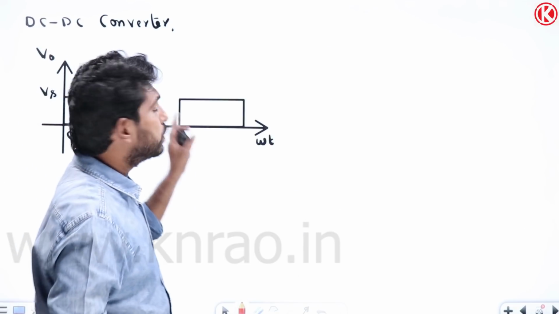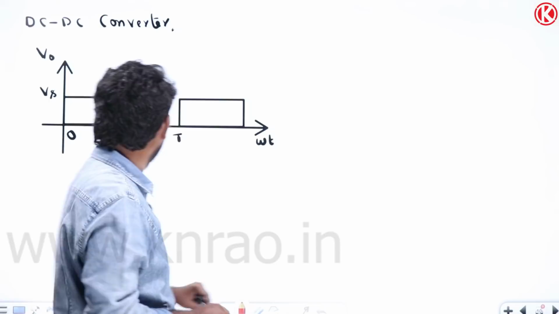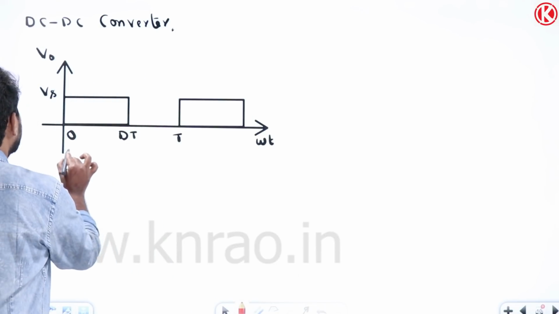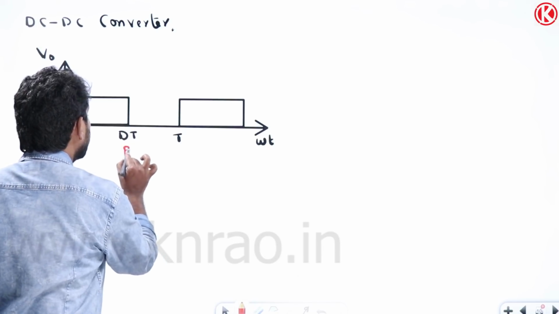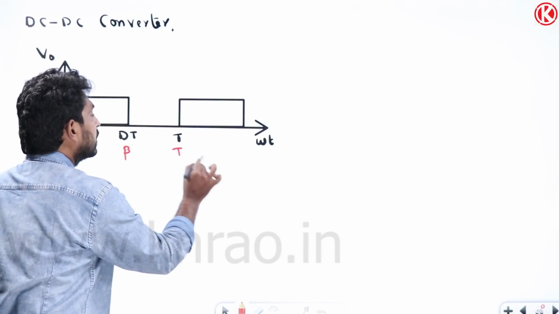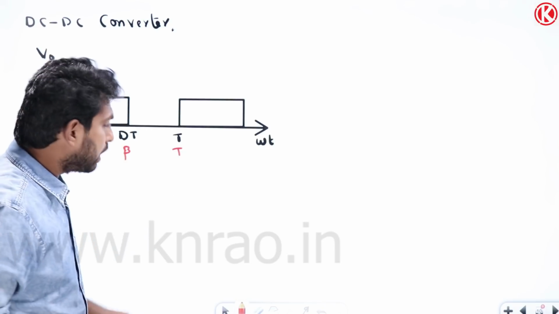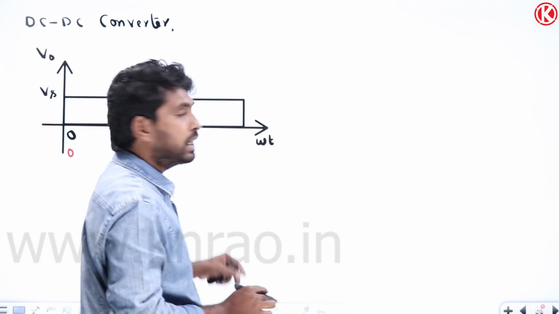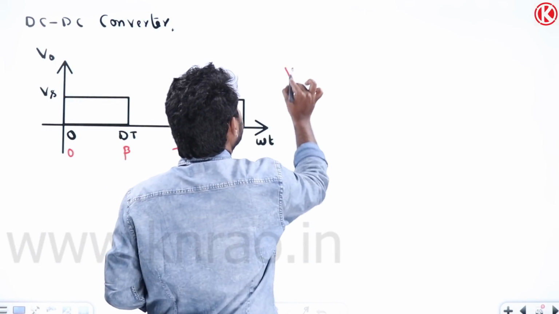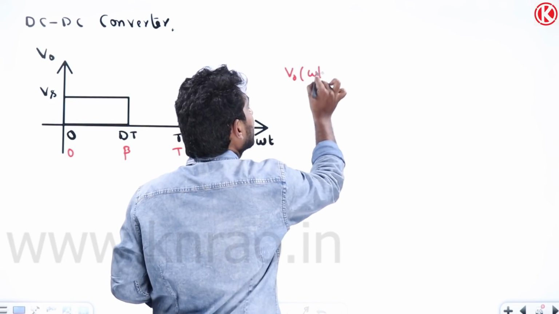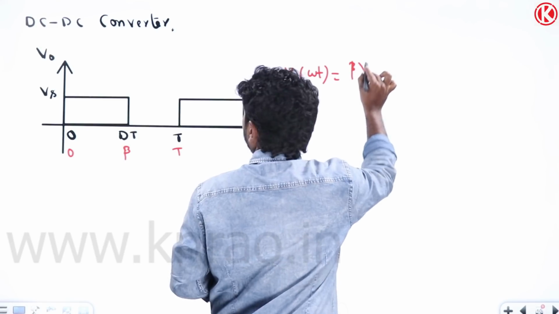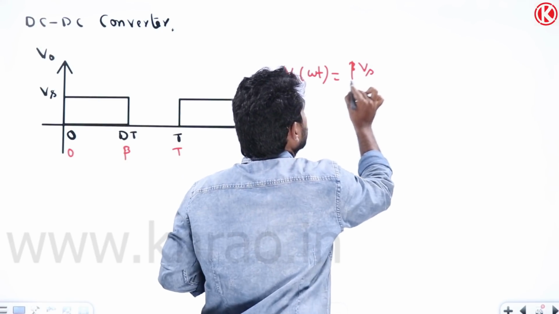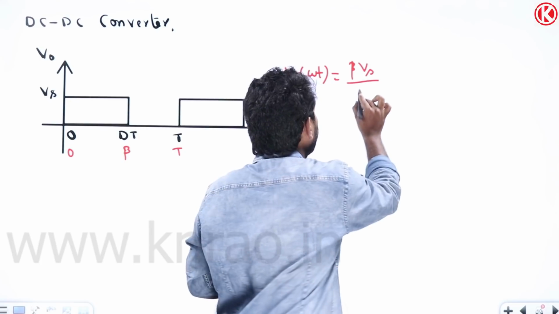So this is the DC to DC converter expression. How can we draw this one? Here it will be 0, here beta is there, and here it will be T. For this waveform we have already determined the expression for beta. V naught of omega t equal to beta into Vs divided by 2 pi, plus